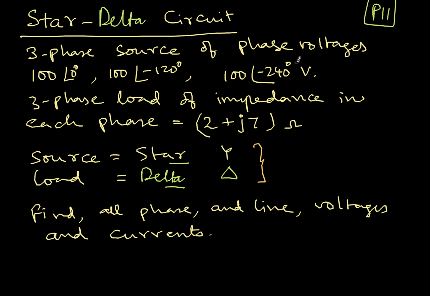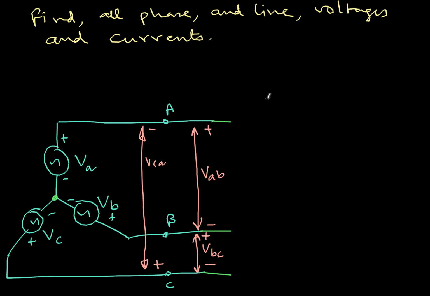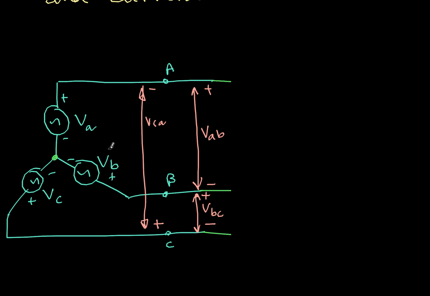A three-phase source of phase voltages 100 at 0, minus 120 and minus 240 degrees, and this is a regular three-phase voltage source, and each phase of the load has an impedance of 2 plus j7 ohms. So find all phase and line voltages and currents. So let's do that. Now the source is star connected, so from the previous video I already